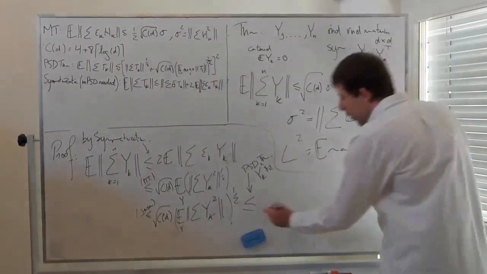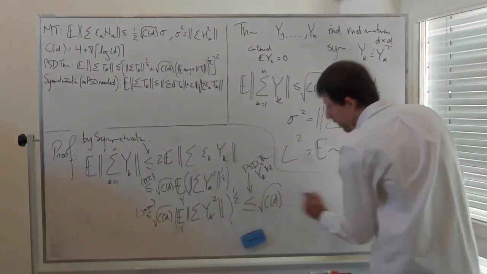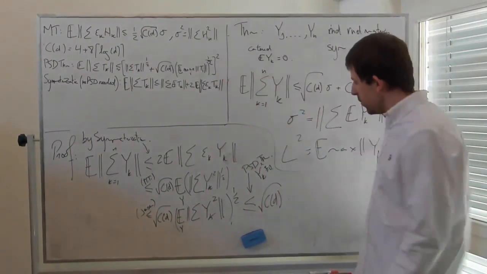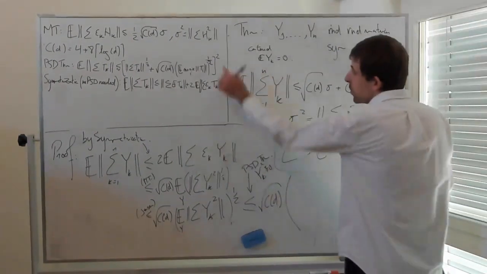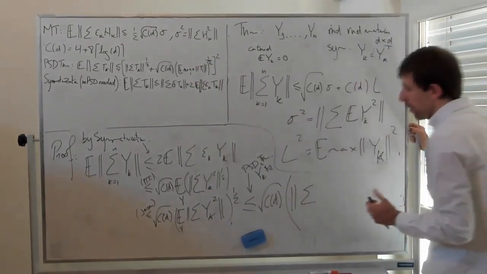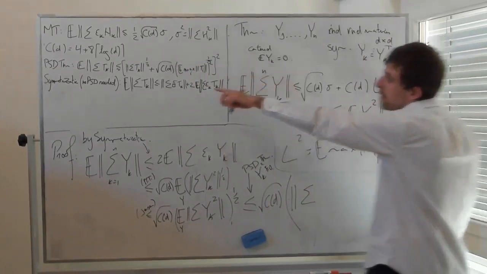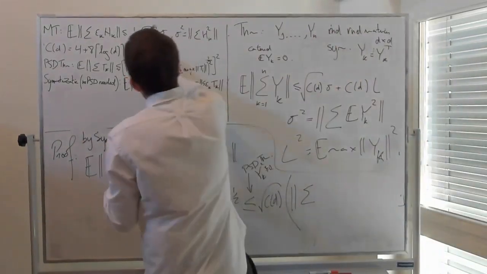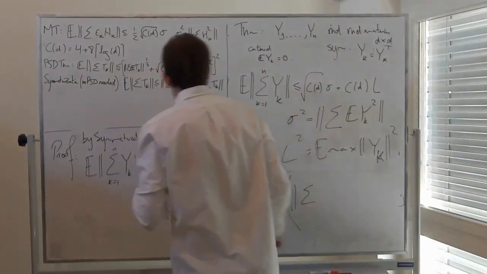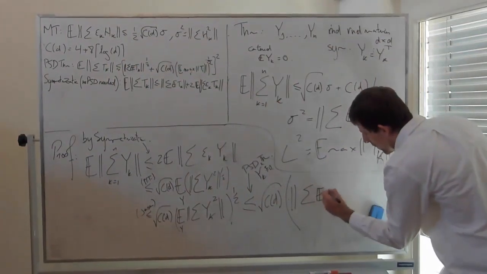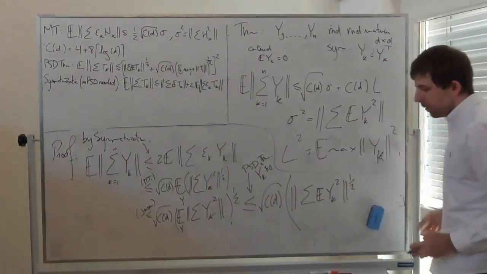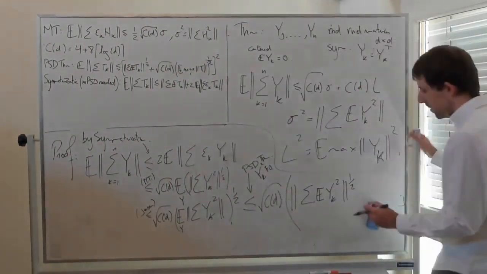So now what do we get? We get square root of CD times the square root of this, but this is a square to start with, right? So the square root cancels with the square, and we just get the sum of the yk's. Oh, there's an expected value missing here, of course. So, and the theorem here. Right, so we get the sum, expected value of the yk squared, square root. This is the sigma term, it's exactly sigma,